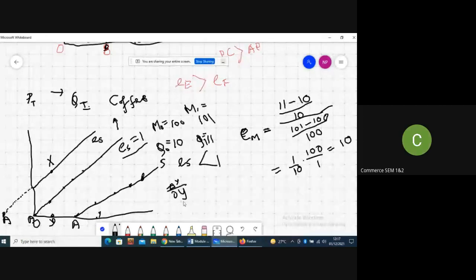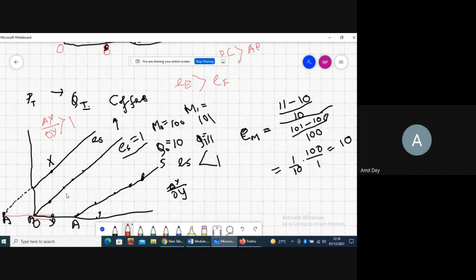So elasticity of supply কি আছে? AY divided by OY. তাহলে তোমার AY is this distance, AY divided by OY is this distance. তাহলে AY divided by OY কত হবে? গ্রেটার দেন 1 হবে, Yes. তাই তো? হ্যাঁ স্যার